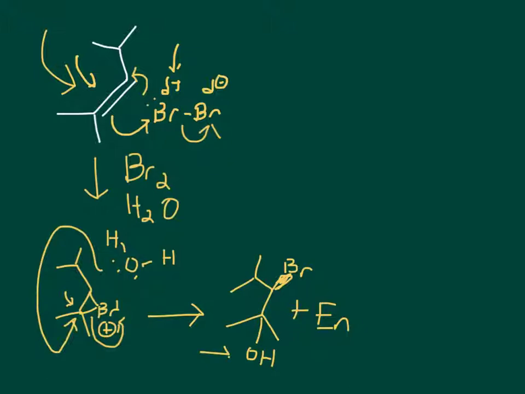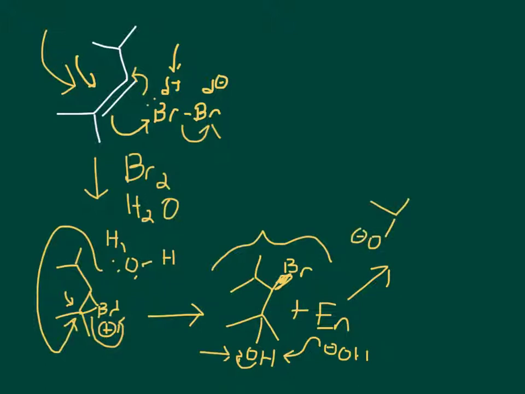So now the question is, how do we go from this halohydrin to an epoxide? I mentioned before that we're going to use a Williamson ether synthesis. So, using what we remember from that, we know we're going to deprotonate the hydrogen off of the alcohol group, and then that's going to do an SN2 attack. In this case, we can just use some hydroxide. We'll say that came from sodium hydroxide. That will deprotonate the alcohol, and that will give us